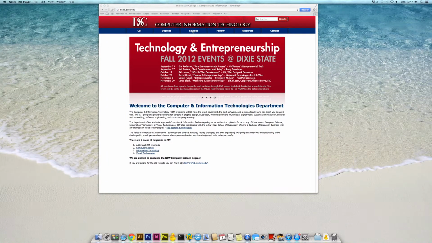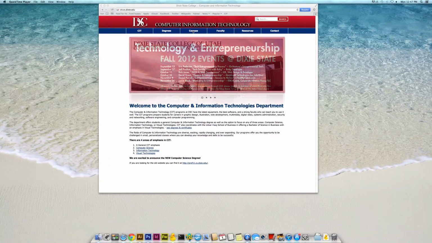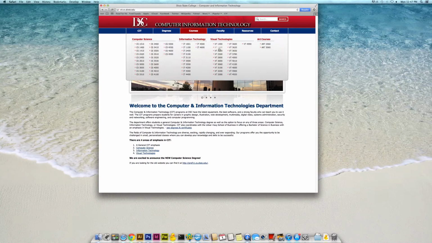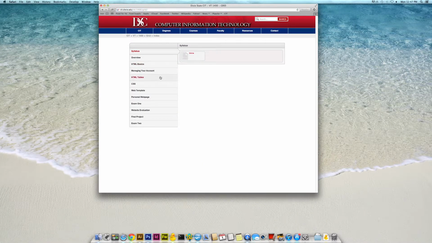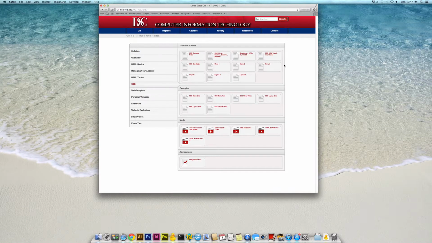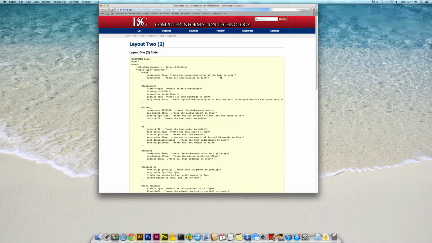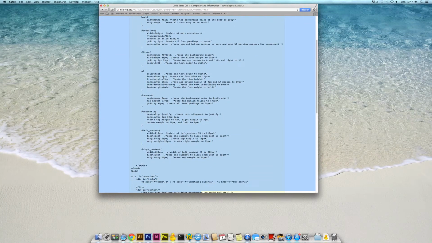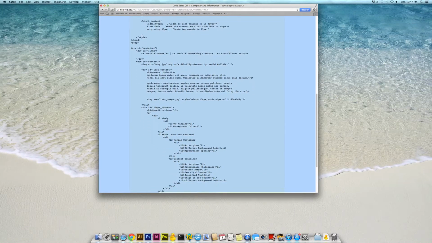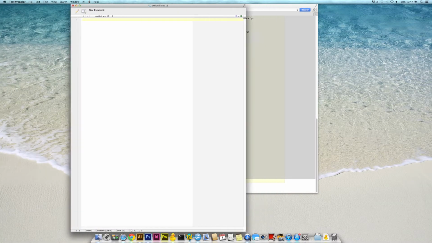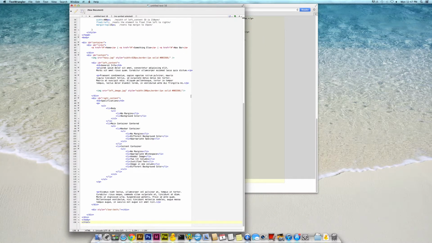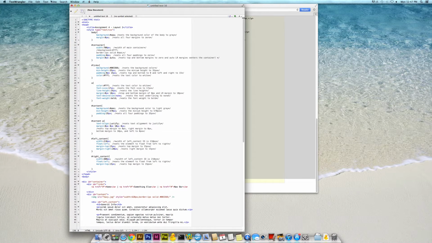Work on our CSS layout number 2. If we go to courses, VT 1400, click on CSS, and we click on our layout 2. Let's go ahead and grab the code. Copy that, put it inside of the text wrangler, paste that. Let's go ahead and save that now